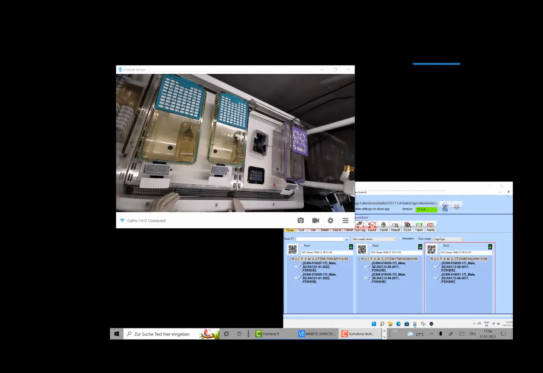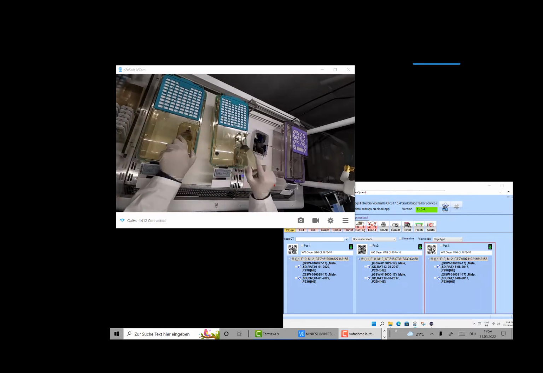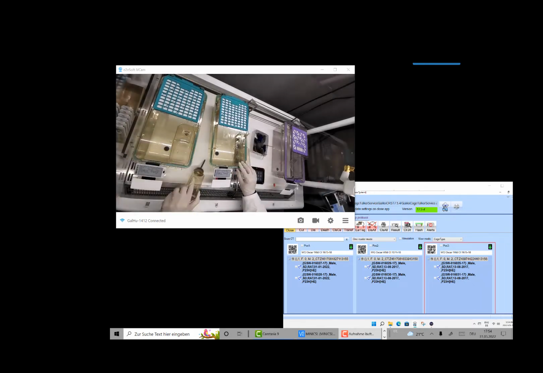And let's say we take away all the others. And now we will assign, and I start with my first cage, so I move over to the very left cage, to this one here,